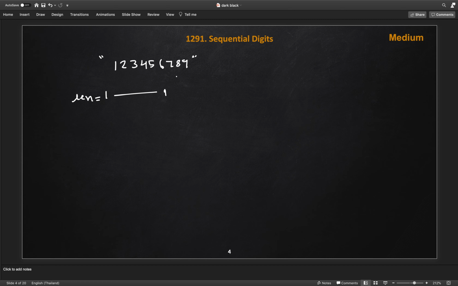So first we will generate all the sequential numbers from this string, 1 digit, then 2 digit. How can we get 2-digit strings from here? Let's say we call it s, a string, then 1 2, the next substring is 2 3, which is a sequential number which is what we needed, and 3 4 and so on. And if we need length 9, the only one is the whole string itself, 1 2 3 4 5 6 7 8 9. So what we will do, we will create this string and then we will generate by length.